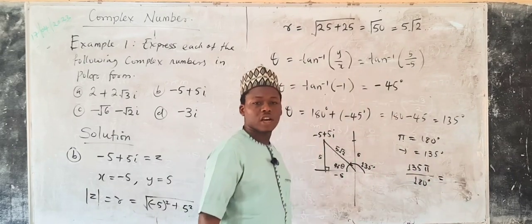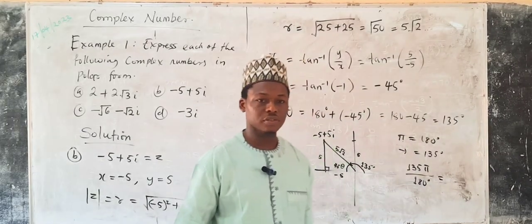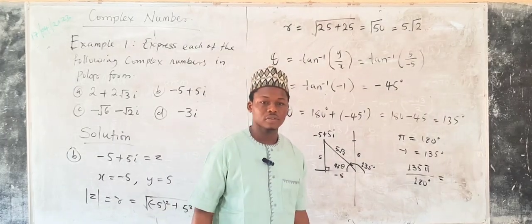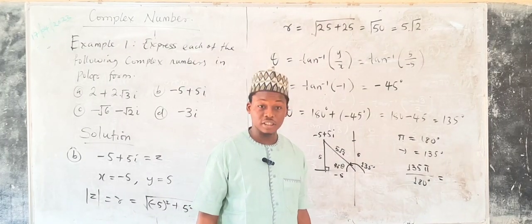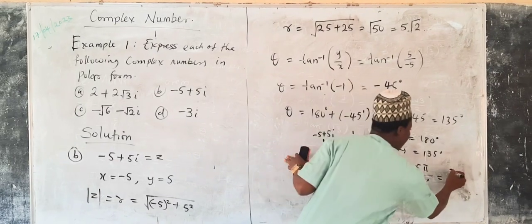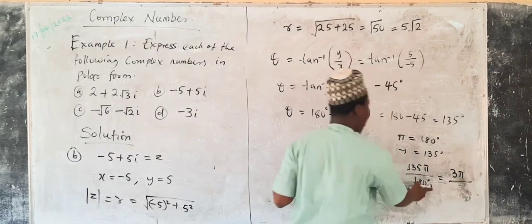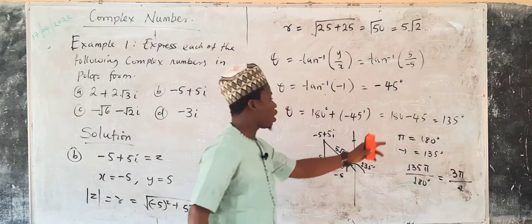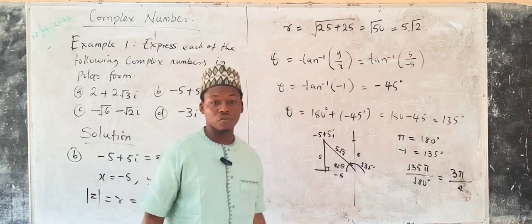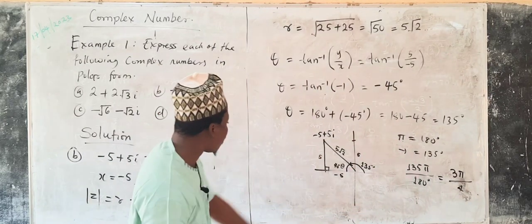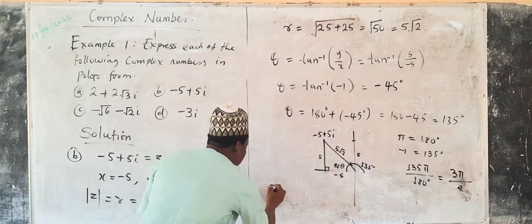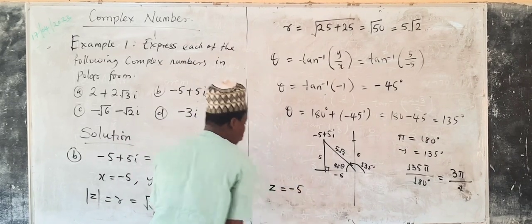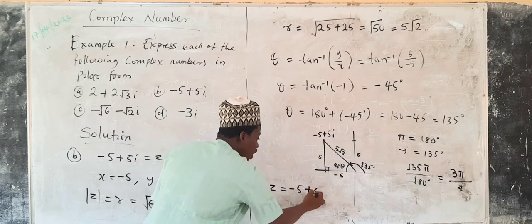How many 45 can go inside 135? Three times. So we have 3 pi over 4, since 45 is pi over 4. So this 135 is 3 pi over 4. Right? So when you have this now, in our polar form of z equals minus 5 plus 5i